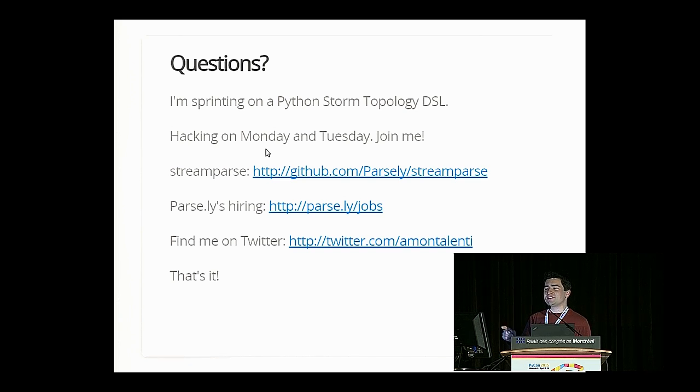Instead, the approach we chose to take is we SSH into the cluster nodes, and we maintain virtualenvs that correspond to the topology, and we update the dependencies live on those servers before actually submitting the topology jar. So by the time the code reaches the server, it expects that those dependencies exist. Exactly. And those processes are started inside of that virtualenv. Exactly. Okay, cool. Thank you. No problem.